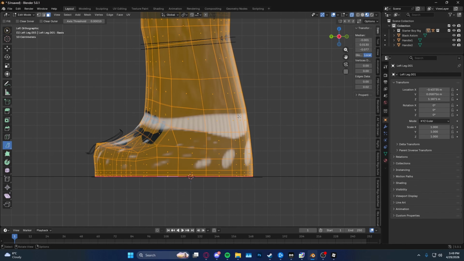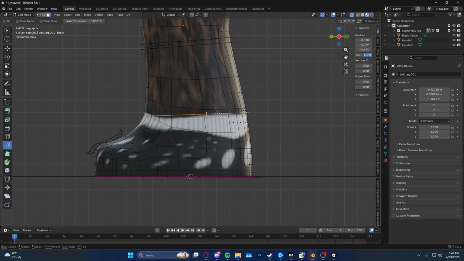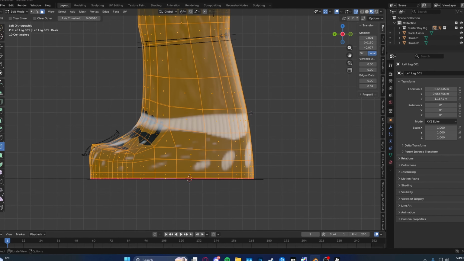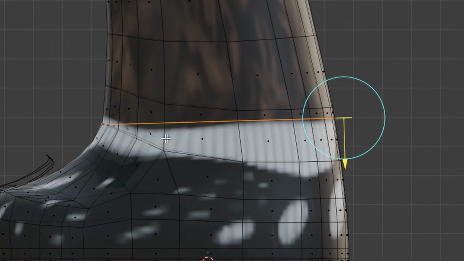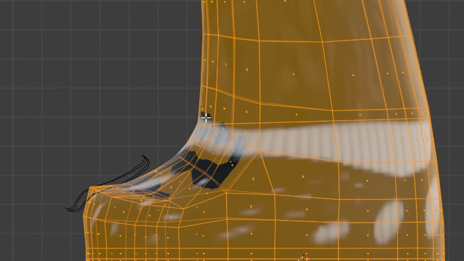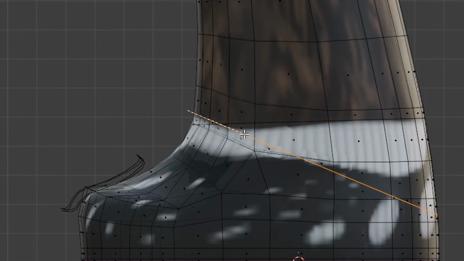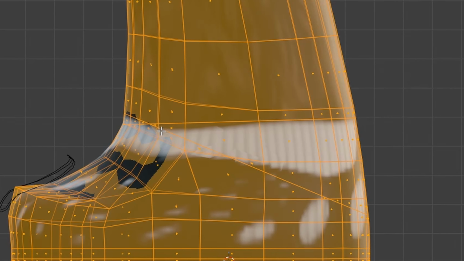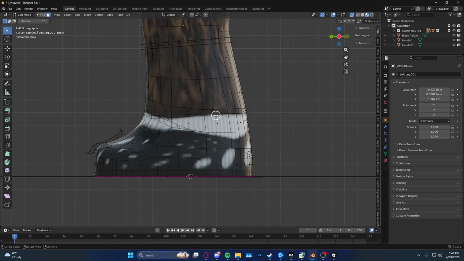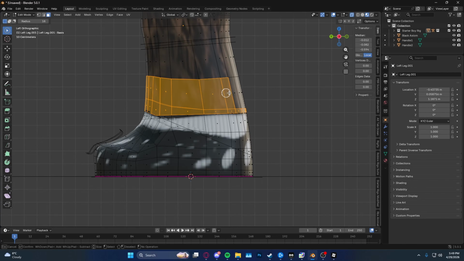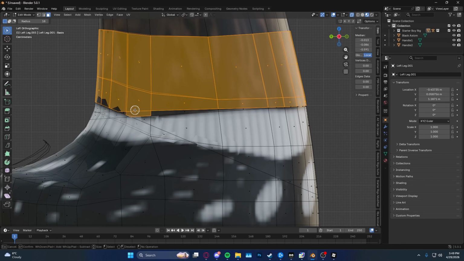So the shoes are a little bit tricky to do, but you can do multiple of these little things. As you can see here, if you do one straight line, it's going to curve down. But what you can do is go like this, hold it down again, and then it meets at a certain point, and then you can do one more right at this point, and then it goes up here. So now you have everything selected. You can once again delete this, and then get these small parts, delete like this,